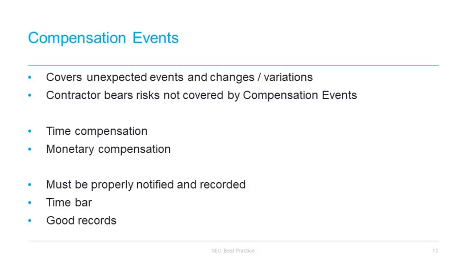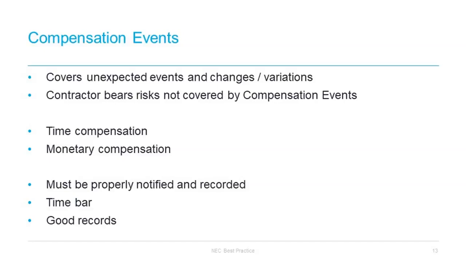Under the standard form, the contractor has 8 weeks to notify a compensation event after the event has arisen, but this is usually amended to 3 or 4 weeks, or sometimes even less. And this is very important to note, because the time bar is a technical knockout for compensation events. However, time bar operates not to the penalty of the contractor, so where the contractor ought to have notified and didn't, if you didn't notify because you didn't know of an event, it's not operated in a draconian way, and it only operates from when the contractor knew or ought to have known about the compensation event.